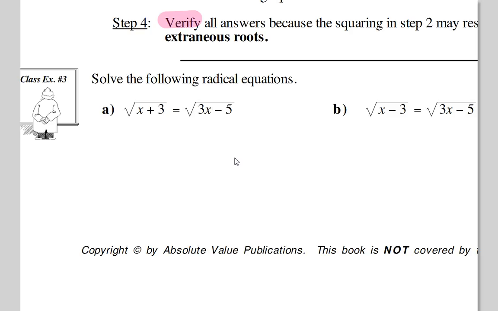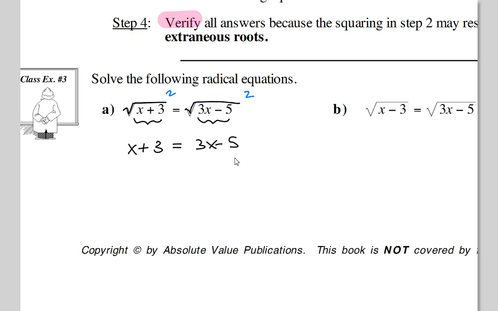So you just square both sides. Another way to think about this is like, they're both radicals, do you agree? So that must mean the insides must be equal. X plus 3 must equal 3x minus 5. If you think about it that way. Or you could also think about it this way, where you're just like, okay, well, if I square both sides, then I unlock the radicands. Now I just isolate the remaining